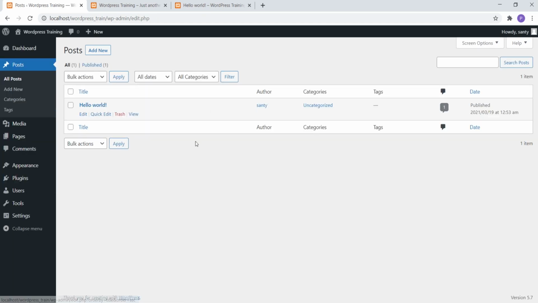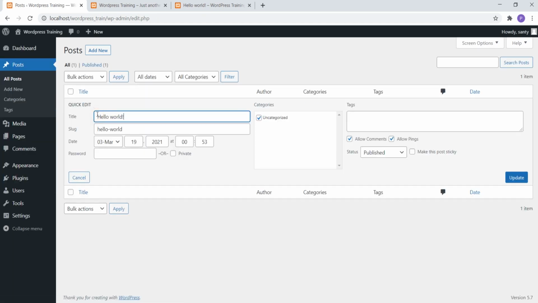Next comes your quick edit. In the quick edit, you can change the title, the slug, the date, or you can have a password for it if it is private, so that anyone who wants to visit this post can visit it only if they have the password.